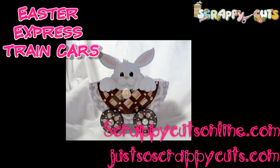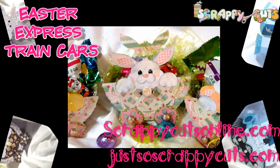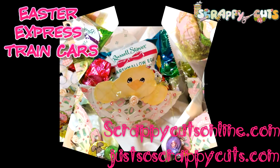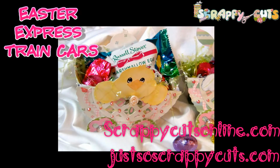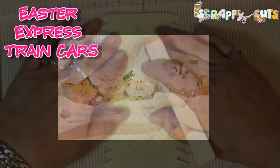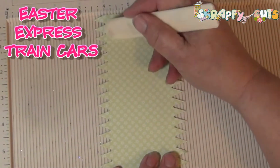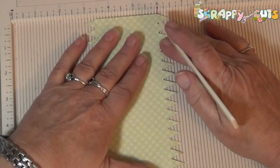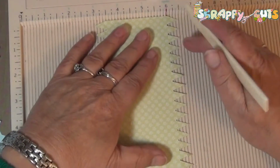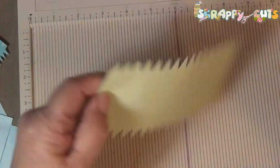This train could easily be converted into a baby express train, perfect for a baby shower or a baptismal, a baby arrival. It could also be converted into a Santa train or a birthday train. Just use your imagination. I will also be making files in the future for a zoo, animals, or even more holiday themes for Santa